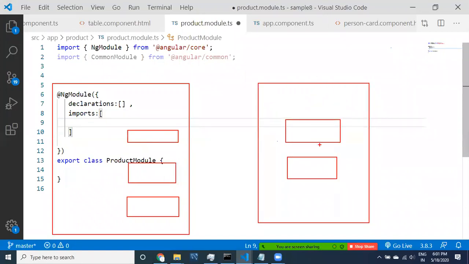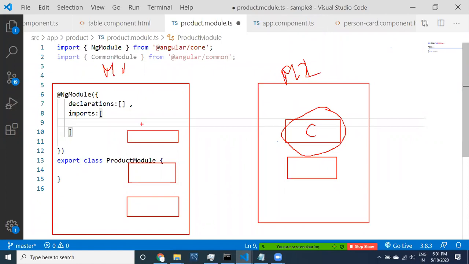Suppose this is module 1. Let me repeat: this is module 1, this is module 2. I want to use a component which is available in another module.